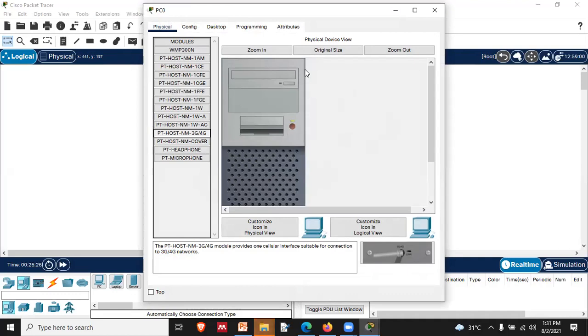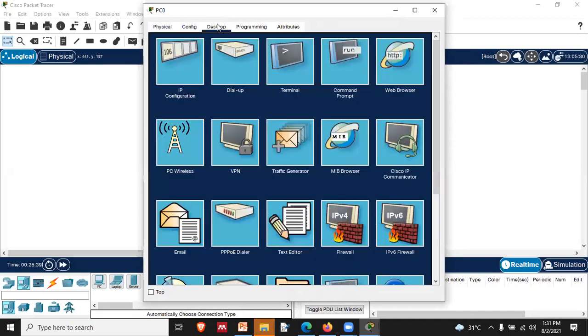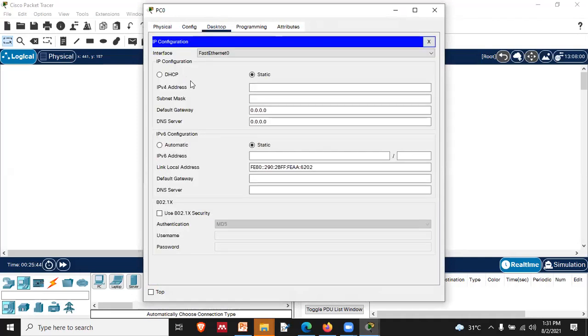And we have multiple options. So what I have told you is that we need to assign a protocol. For assigning a protocol, we need to move our cursor to this desktop option. Over there, we have this first option known as IP configuration, right? Once you click that, you will find these two options: IPv4 and IPv6. These are the two internet protocols that we have for communication between the nodes, right?